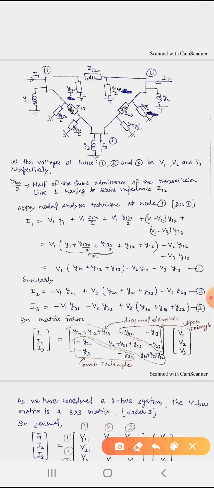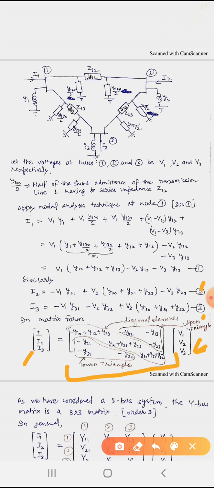Similarly, we are getting equation 2 and equation 3. So by symmetry, we can also get equations 2 and 3. And then we represent the three equations 1, 2 and 3 in matrix form. So this current vector I1, I2, I3 is equal to this particular matrix, which is basically the admittance matrix, and this